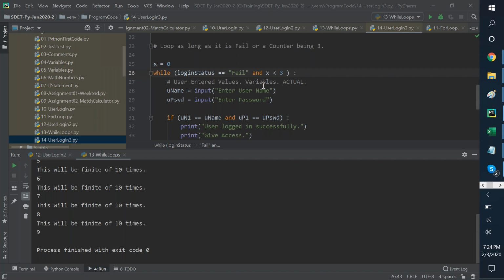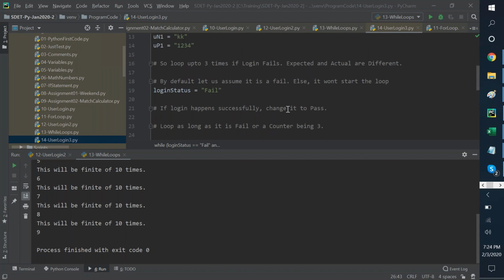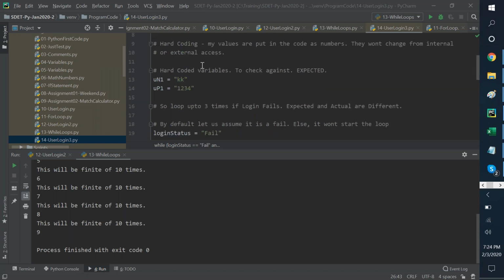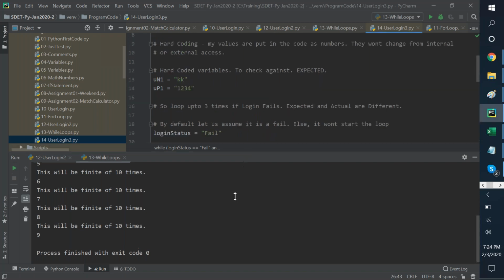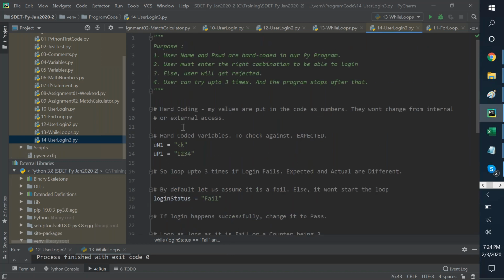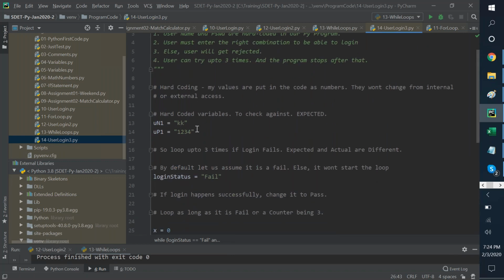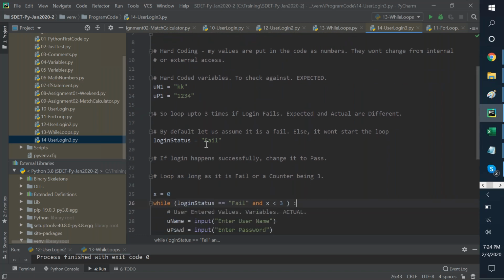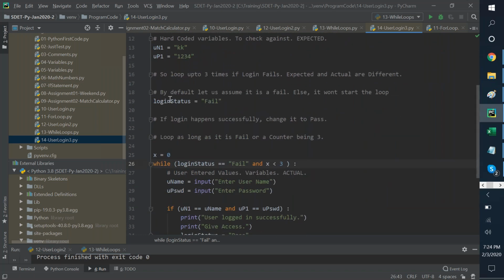I hope I'm correct with what I did. But let's see. Let's repeat it in our mind before we run it once again. So where are we? Requirement, okay. Username 1, KK, user pass, user P1, 1, 2, 3, 4, login status fail. And so by default, let us assume it is a fail. So loop up to 3 times. If login failed, expected and actual are different.